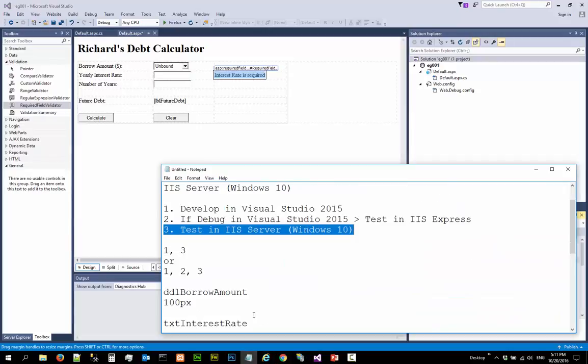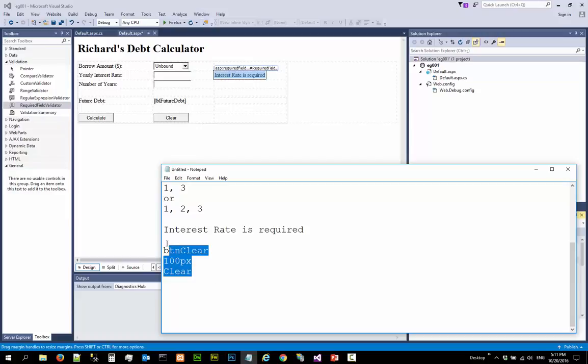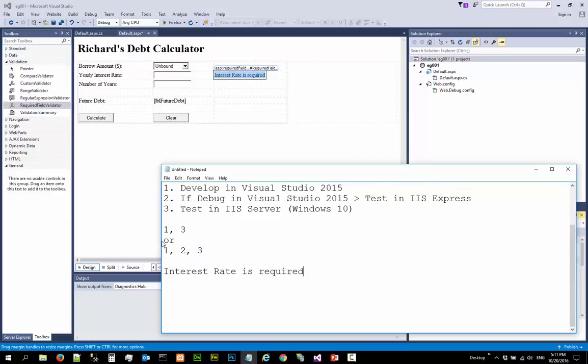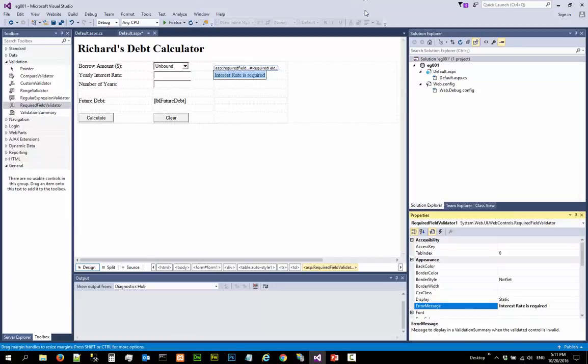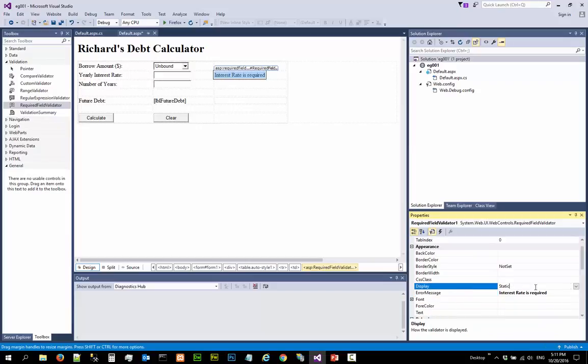So we want to change that to interest rate is required. Okay, and then we want to change the display setting to dynamic, and the font